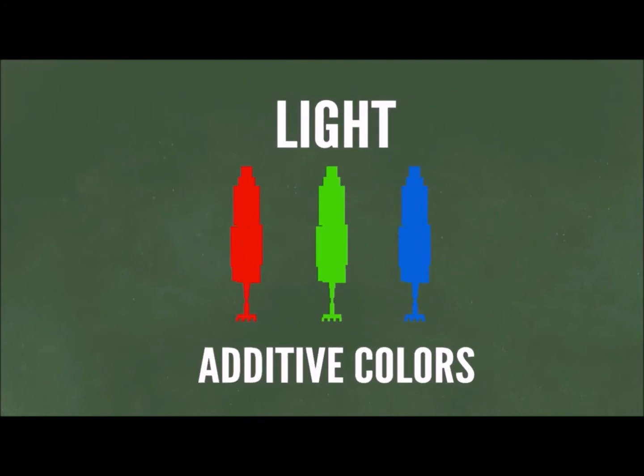We call these additive colors because if we add them together by shining different colored lights on a wall, the closer to white we'll get. And if we mix varying amounts of red, green, and blue light, we can make any possible color, including pink, my favorite, which doesn't actually show